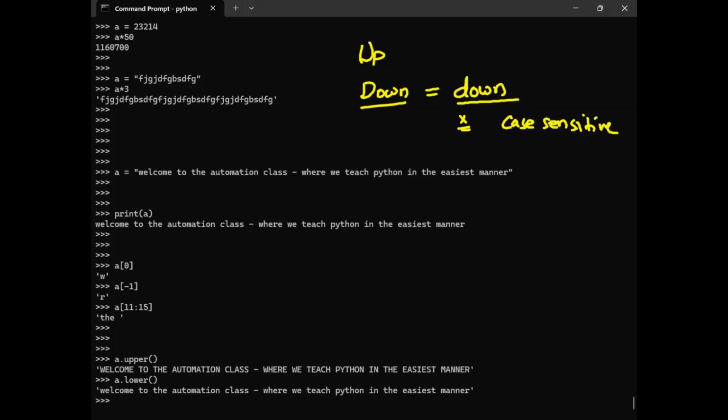Okay. So in that way, what you can do is say that whatever output is there, convert it into lowercase and just check whether it is so or not. So that whether it is uppercase, lowercase, or whatever case it is, you should not be bothered about it. I hope you people are able to understand how it will be useful in your programs later. Yes or no? Yes, yes, got it.